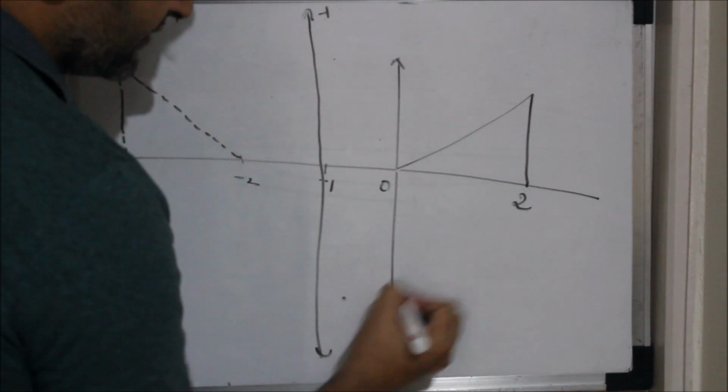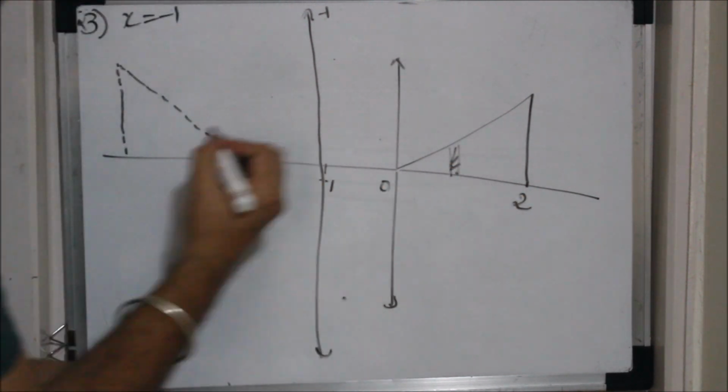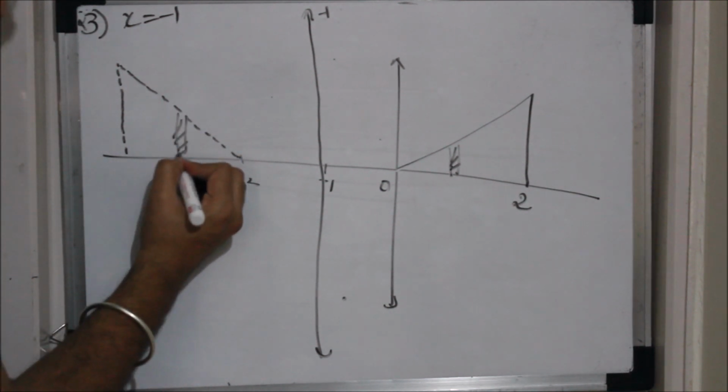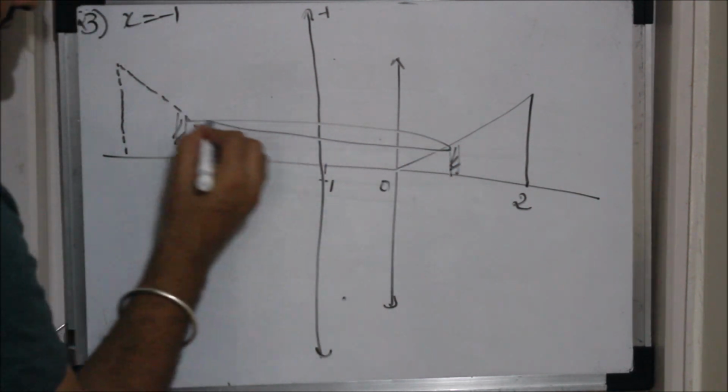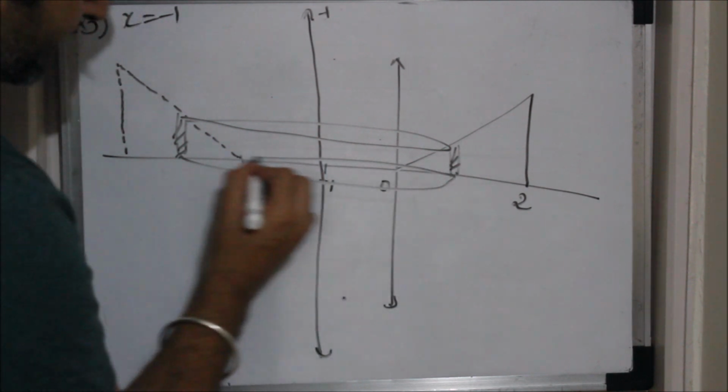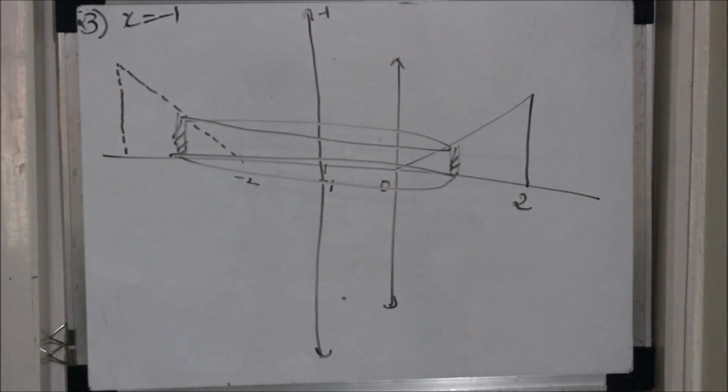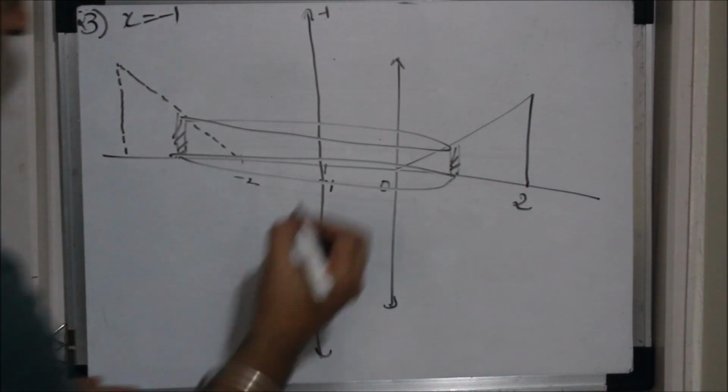So this was my y-axis. If I take this strip over here, the very first example which I took at the start of the lecture, that was a parabola, and here I am having the triangle. So this is the shell I am getting over here, and now I want to find the radius of the shell. So what is the radius?